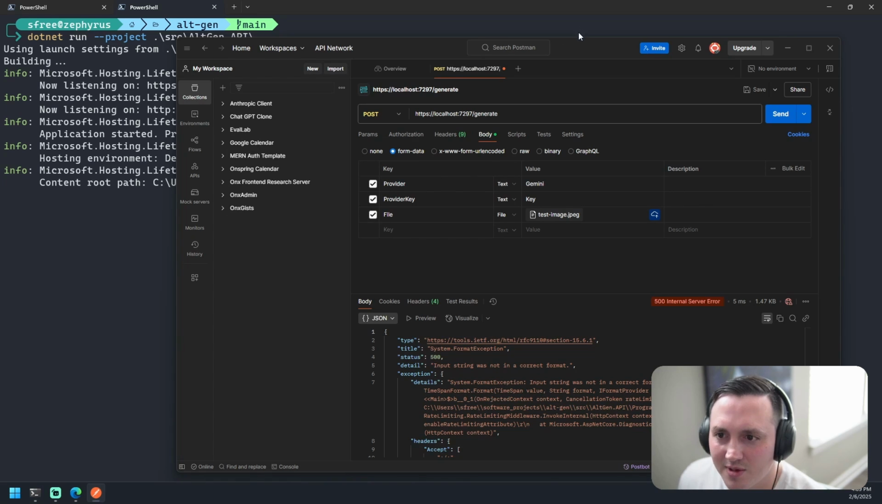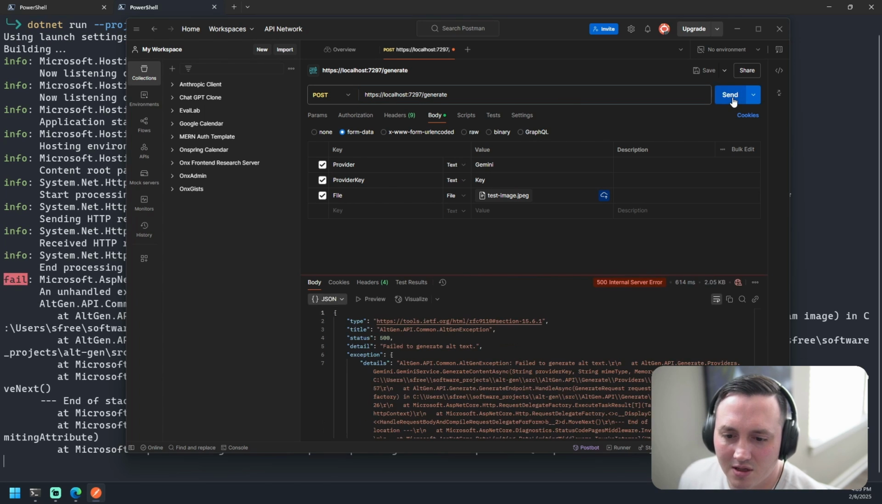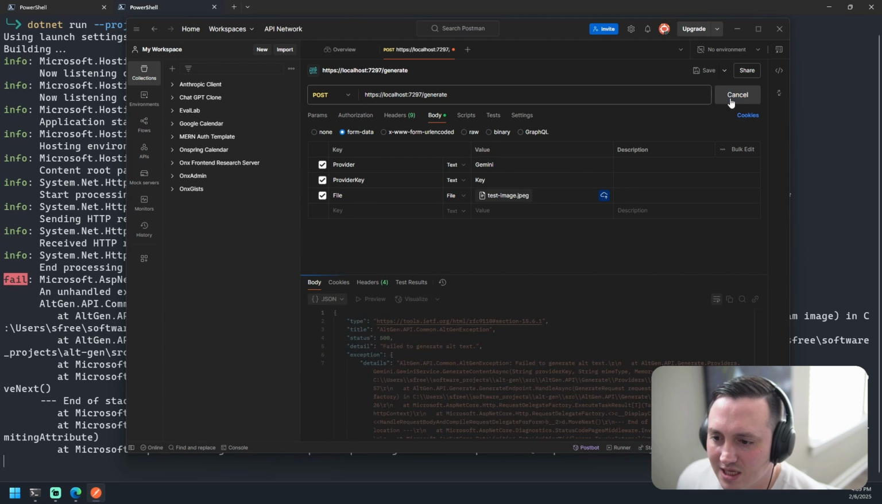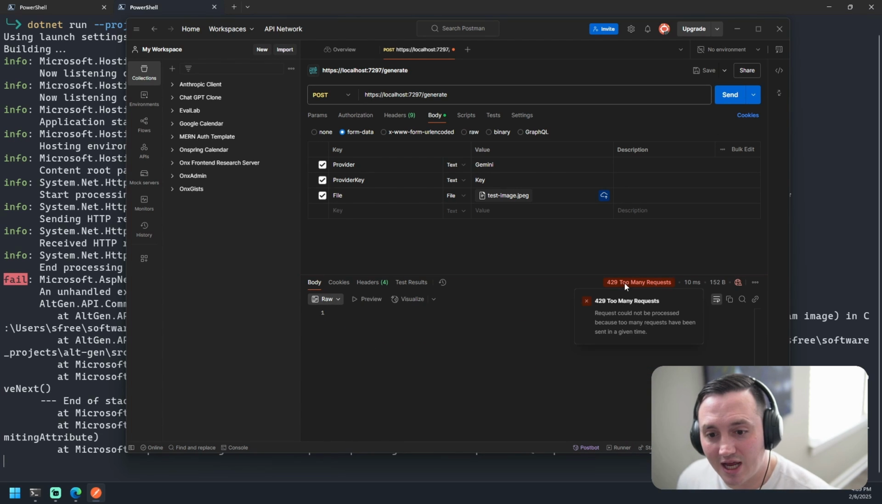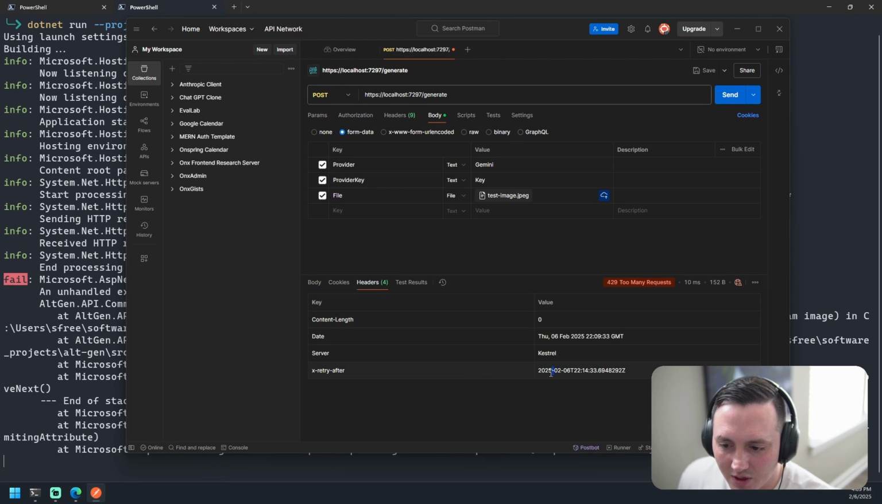Go back to Postman. We'll save this. Well, we don't need to save it. We'll just resend it. It'll fail because something's going on with my Gemini call. Then I'll send this again, and it gives me 429. So now I've rate limited. And then I should have a header with the date or the time at which we should be able to retry and get a successful request, which is about 5 minutes from when I just made my request,